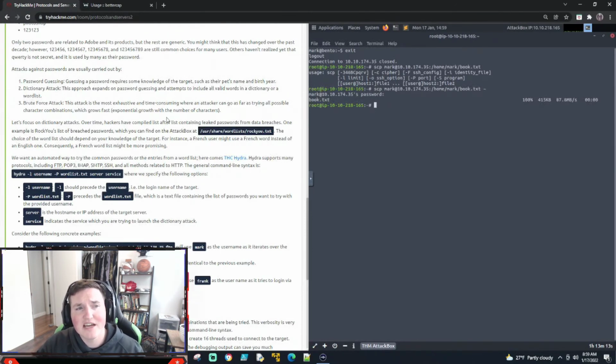So there's dictionary attacks, but then there's also rainbow table attacks. If you guys aren't familiar with these, the material doesn't cover them, so I'm just going to briefly cover it. When you do a dictionary attack, your computer stores the hash of a password, not the actual password itself. So for your computer to guess, it has to take the password, hash it, and then compare that hash to the other hash and say, are these the same? If they aren't, okay, go to the next one, hash it. That takes computer processing power.